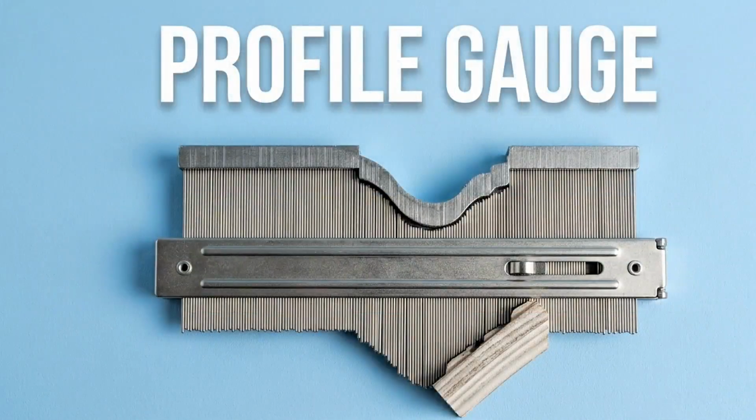A profile gauge is used to check the shape, alignment, and dimensions of finished surfaces or manufactured components. It helps inspectors verify that construction work matches the required specifications and tolerances. Quality control teams rely on profile gauges to identify deviations before a project is completed, reducing costly corrections and ensuring